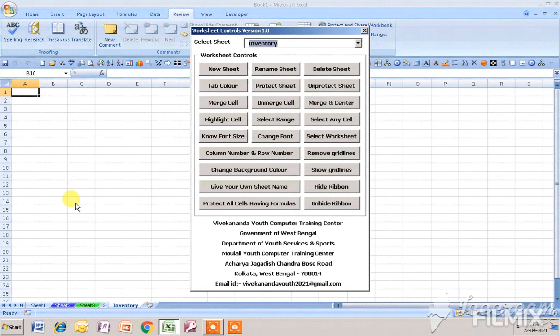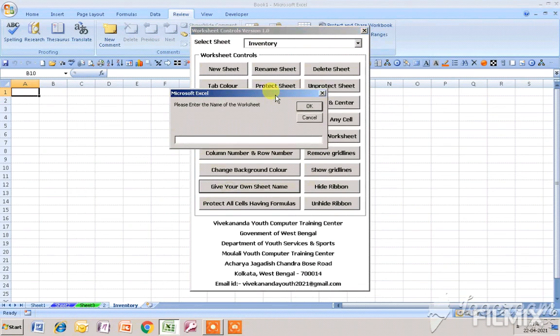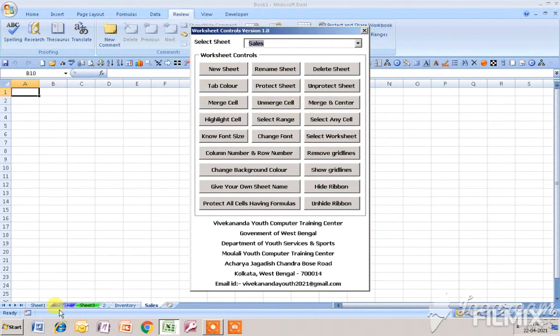You can see it here also. I can again insert one worksheet. Suppose I want to insert a worksheet in the name of sales. So I have to type here sales. In this input box I type sales and I click OK. Then you can see a new worksheet has been added automatically.